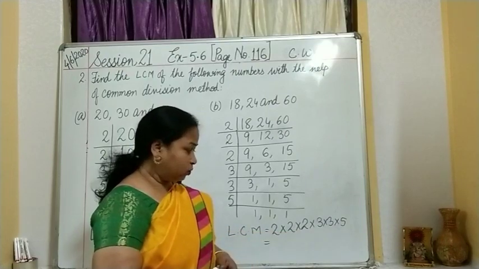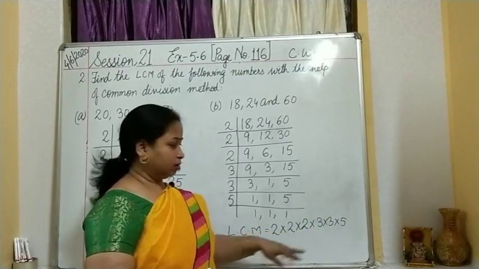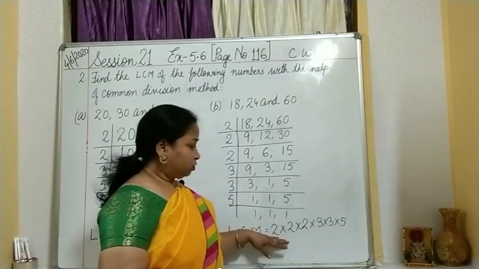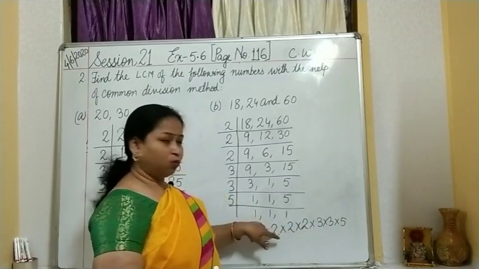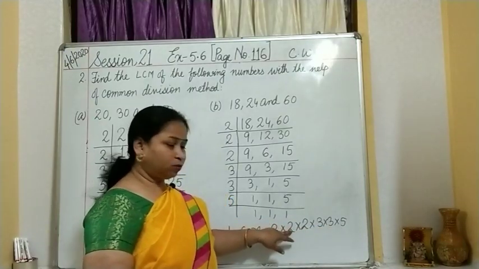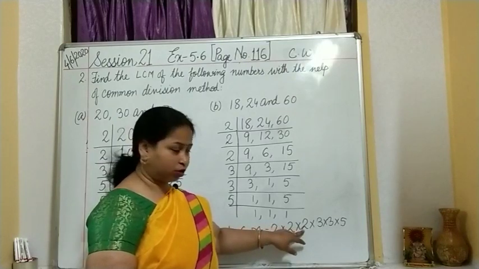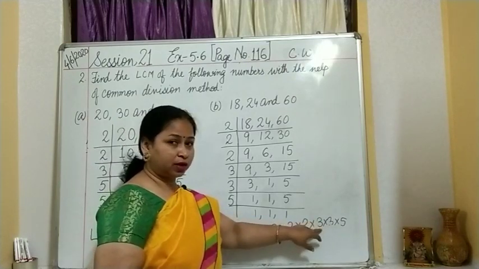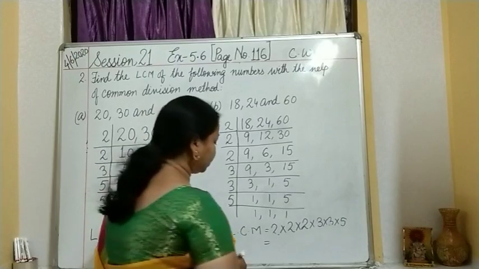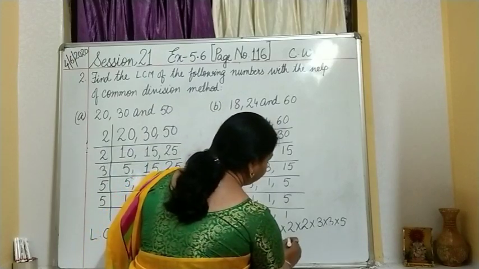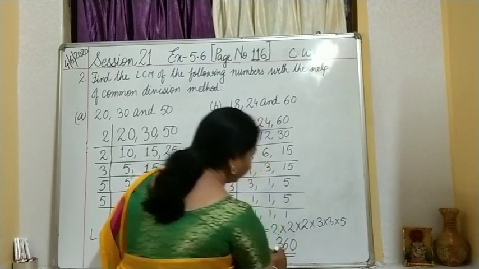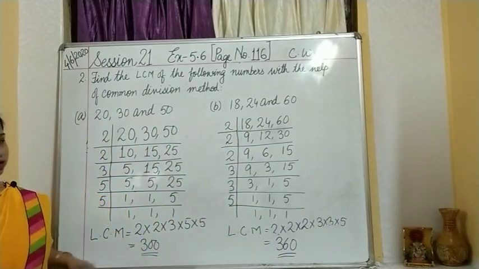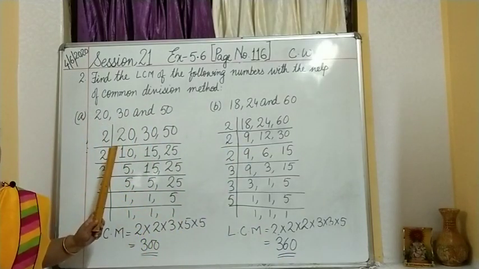Now what I will do, I always go for the simple method. 5 into 2, 10. Okay. 10 2s are 20, 20 2s are 40, 40 and this is 9. So 40 9s are 360. So I will take 360 over here. So the LCM is 360. So this is better than the previous method, isn't it?